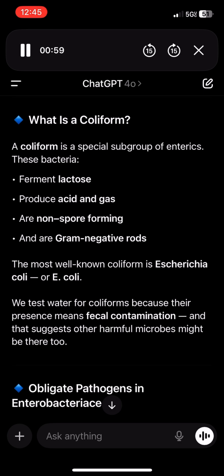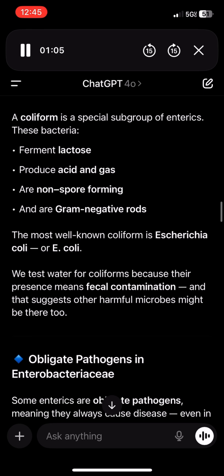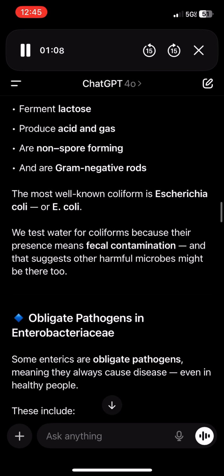What is a coliform? A coliform is a special subgroup of enterics. These bacteria ferment lactose, produce acid and gas, are non-spore-forming, and are gram-negative rods. The most well-known coliform is Escherichia coli, or E. coli. We test water for coliforms because their presence means fecal contamination, and that suggests other harmful microbes might be